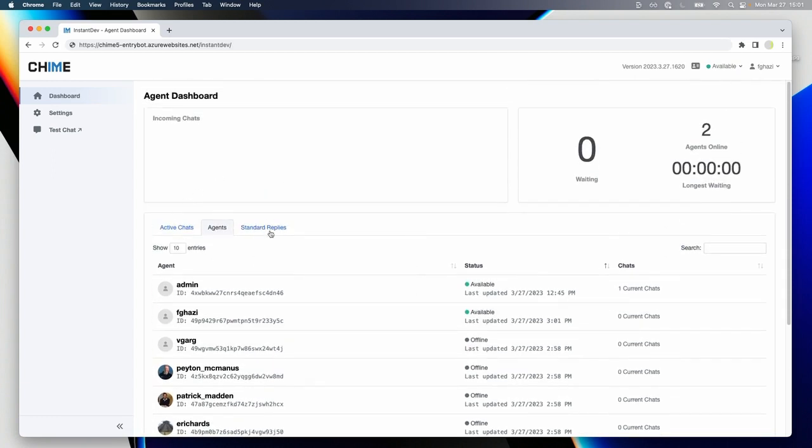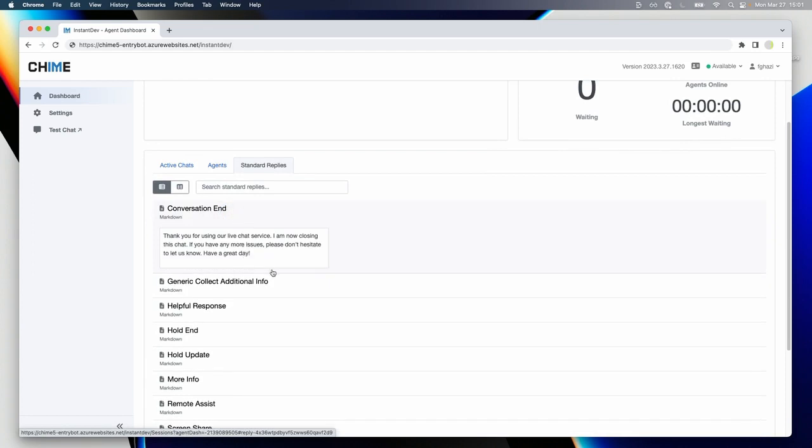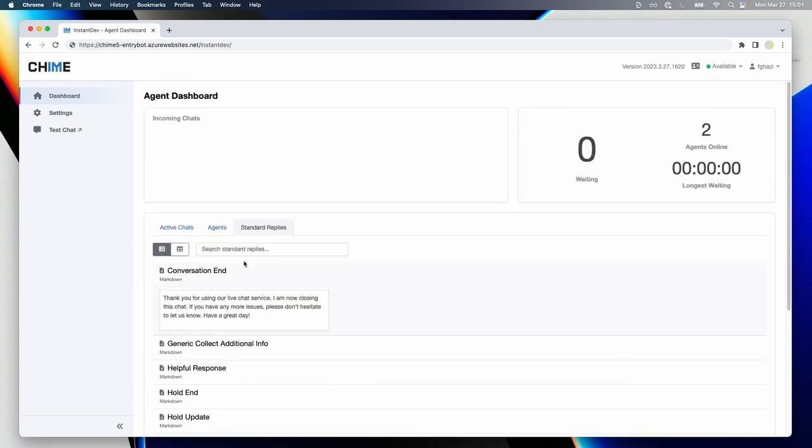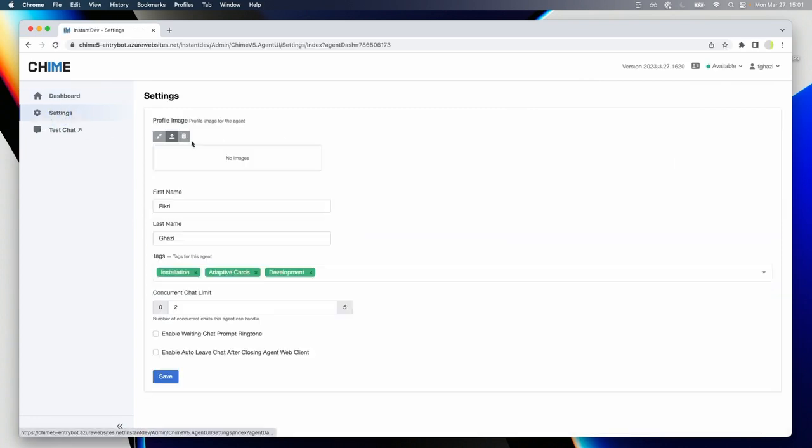We can also see standard replies. These are predefined messages, usually created by your manager, and you can use these predefined messages in a conversation with your end users. And on the left side here, we have settings where we can update our profile image,